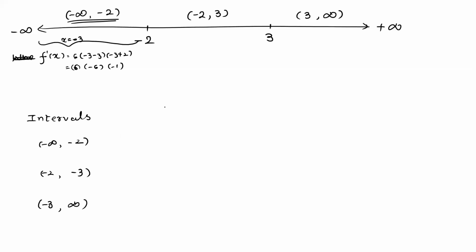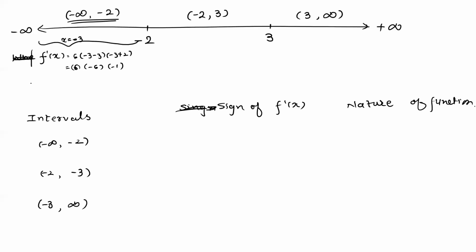And then the sign of the function, because sign of function only will decide how the function is behaving, whether it is increasing or decreasing. That is called nature of function. So here in the first interval, when I put x is equal to minus 3,